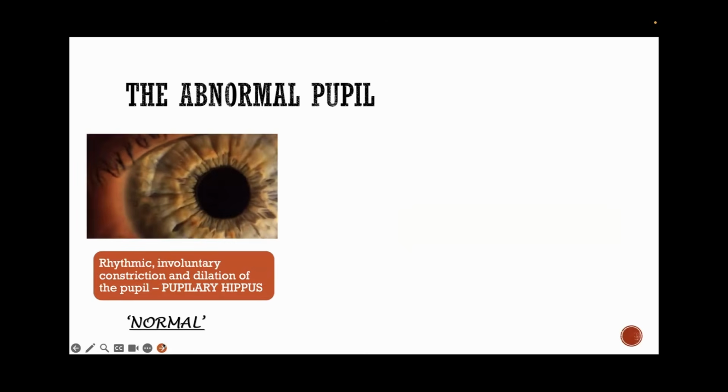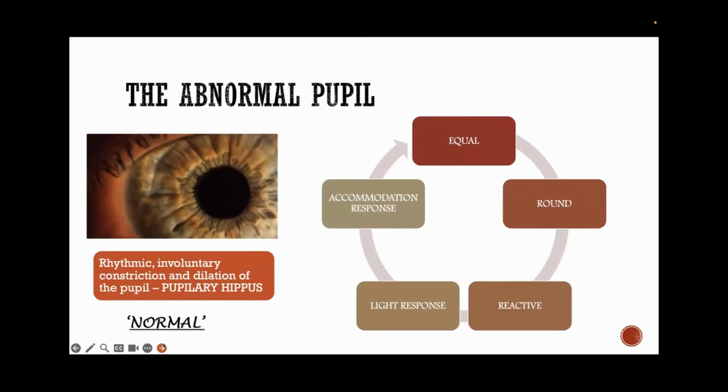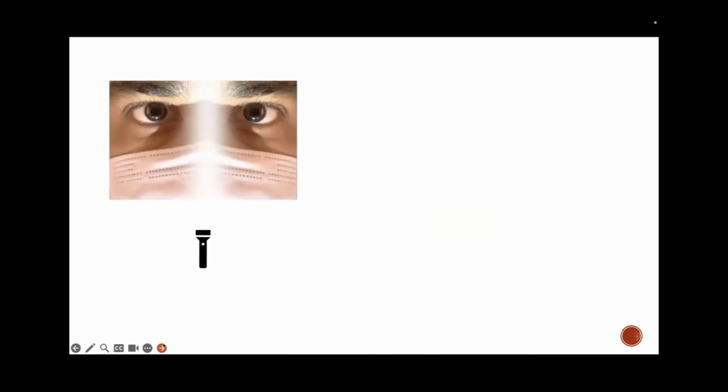very often. Now, how to go about evaluating the pupil? Simple protocol to be followed. First, you look at both the pupils. Are they equal? Are they round? Are they reactive? And then we should go to the light response and the accommodation response, instead of going in reverse, where we start from the light response and then lastly look at whether they are reactive and whether they are round or not.